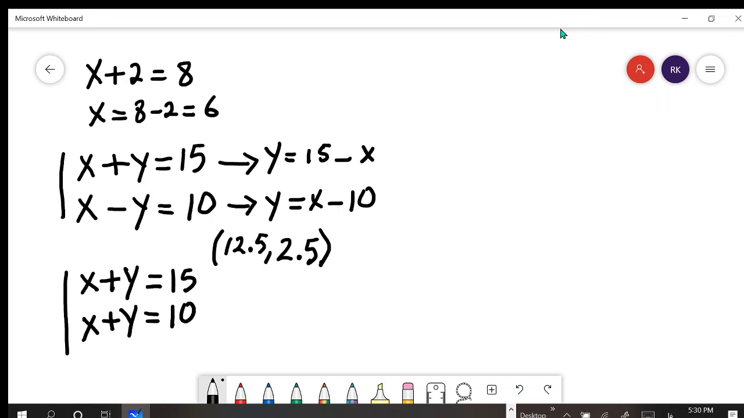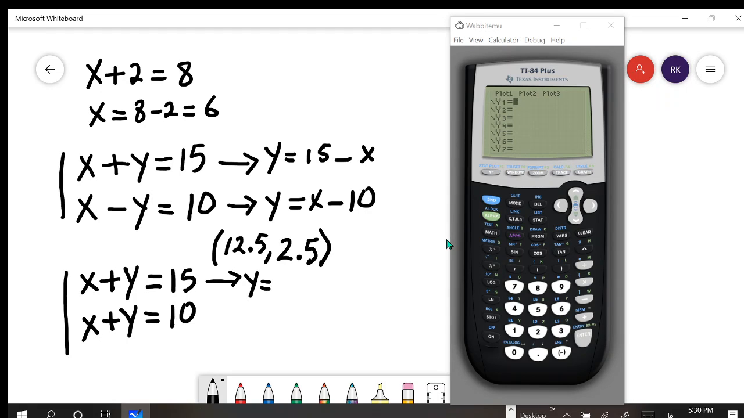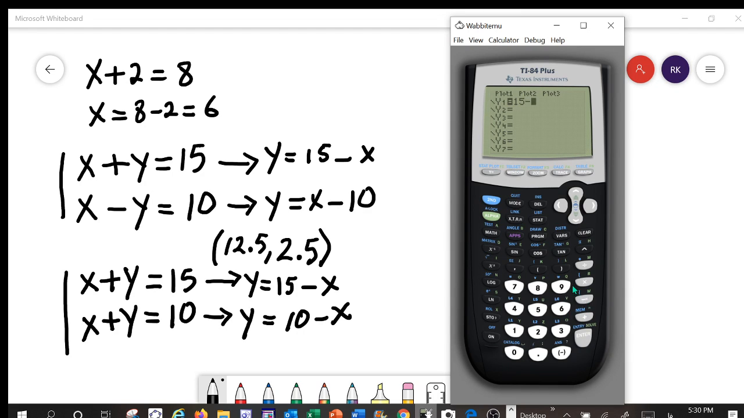But if we try to solve it, what happens? Well, if we want to solve it with graphing, so again, what do we have to do? We have to convert these to what? y equals 15 minus x, and y equals 10 minus x. So if you put them over there, you know what's going to happen. You're going to get what? Let's go to graph,